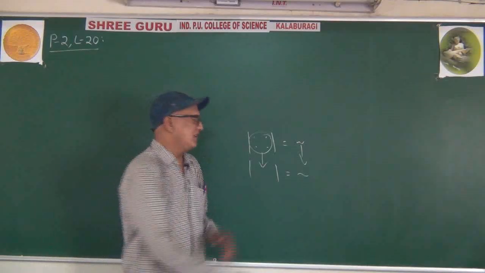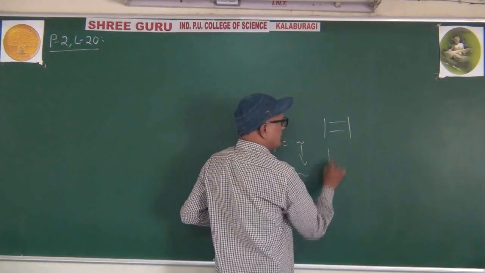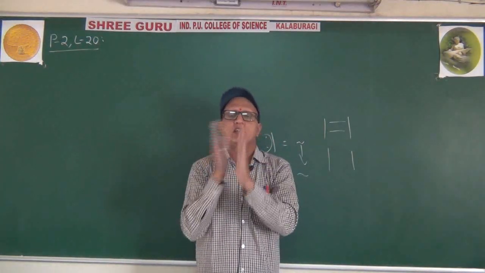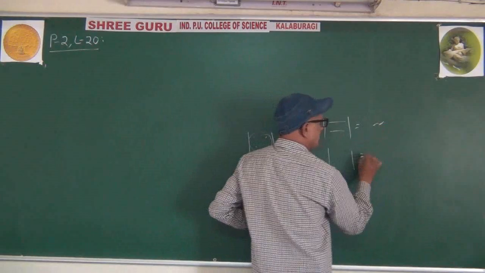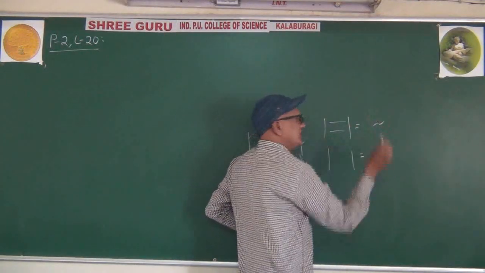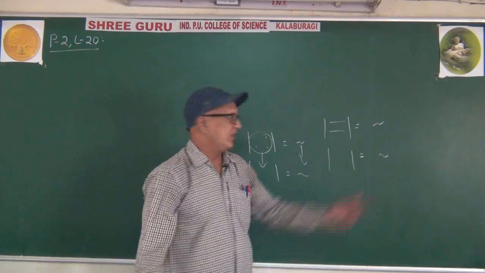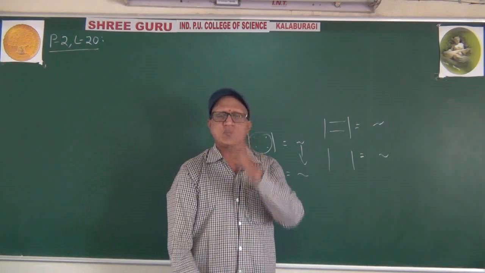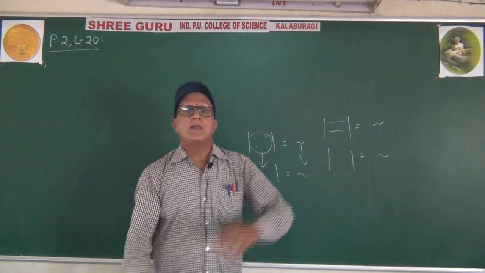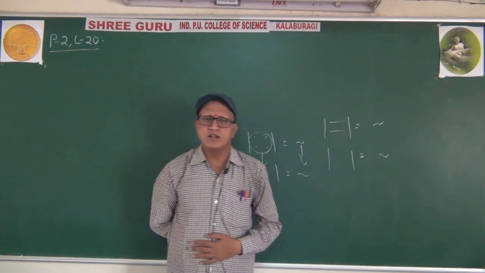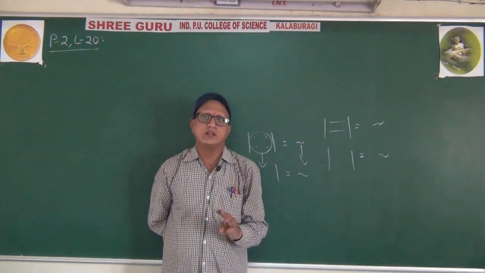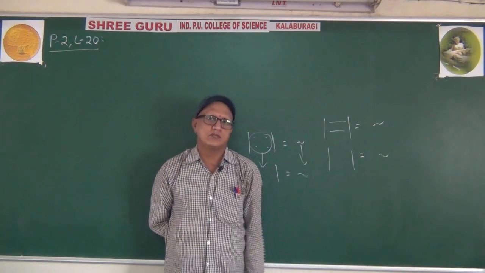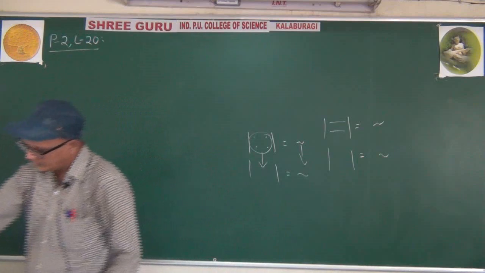What is the second property? If you interchange any two rows, otherwise any two columns, whatever answer you got, you get the opposite sign. If it is 10, it becomes minus 10. If it is minus 3, you will get 3. Third property, also very easy: if any two rows are the same, otherwise any two columns are the same, the answer is 0.